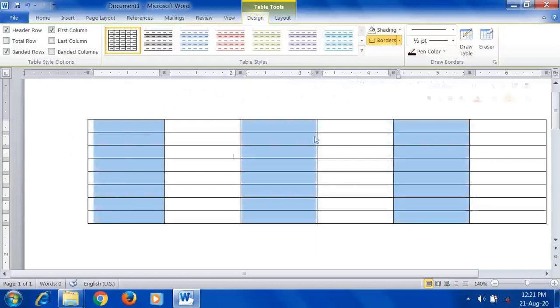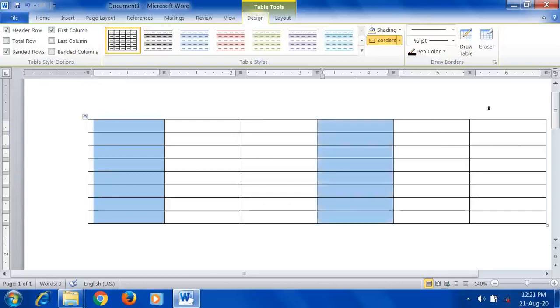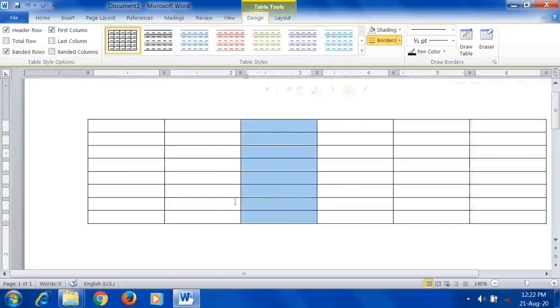Now see, randomly I have selected 3 columns. How to select it? First column, it is selected. Hold down the control key on your keyboard. So hold down the control key and click on the column which column again you want to select. Now I want to select this one, I want to select this one. Okay, so by holding control key you can select more than one column, randomly, not in order. Okay. So this is the way to select the column.